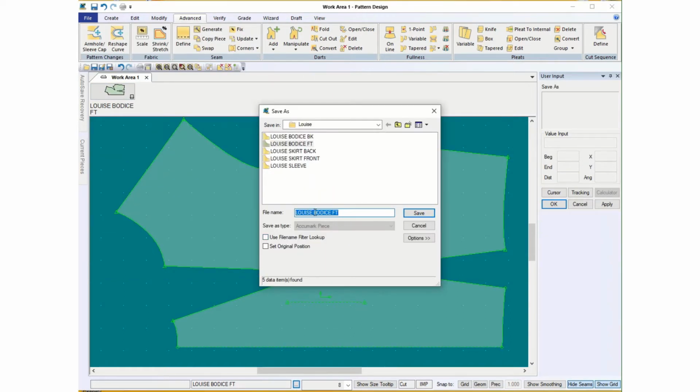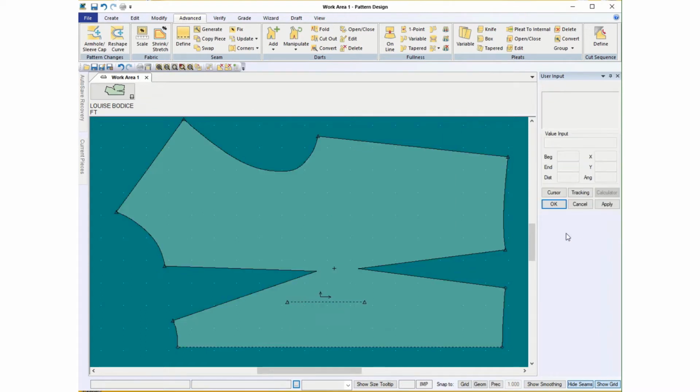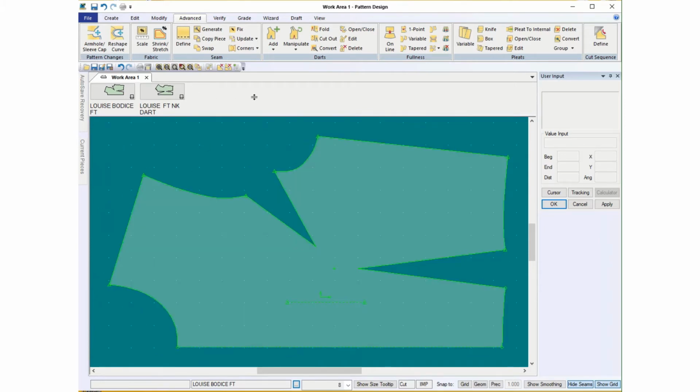This time I'm going to say front neck dart. You can make the titles as long as you want, but I abbreviate them. Okay, so this one's front neck dart. I'm going to cancel, right click on it, and say piece to menu. That will not work saying piece to menu unless this is canceled and the screen is empty. So I'll bring this back down. So you'll need to have 2 more up there of your choosing on that single dart rotation, and this time